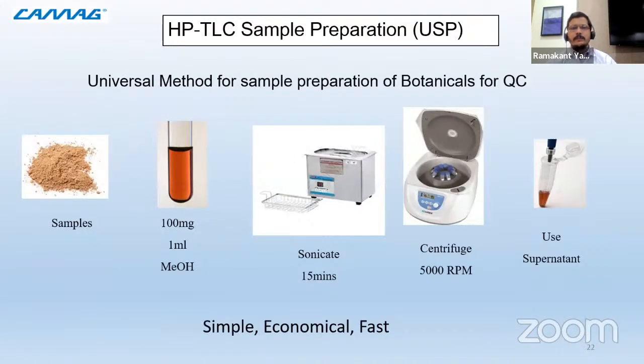Now, what about sample preparation? It is very fast and rapid in HPTLC. Just take 100 milligrams of powdered botanical origin material, dissolve it in 1 milliliter of methanol, sonicate that mixture for 15 minutes and centrifuge at 5000 RPM for few minutes. Then take clear supernatant solution for application on plate. Very simple, economical and fastest technique for sample preparation. We have compared this technique along with many others like Soxhlet, LLE, very tedious and rigorous techniques. So mostly comparable results we achieved by using this technique, and this is accepted worldwide as per USP chapter 203.